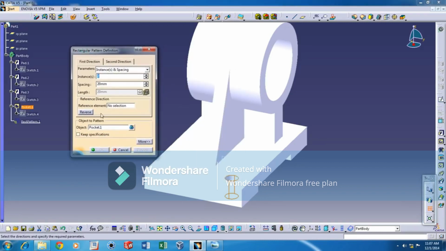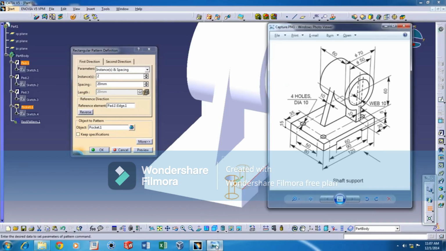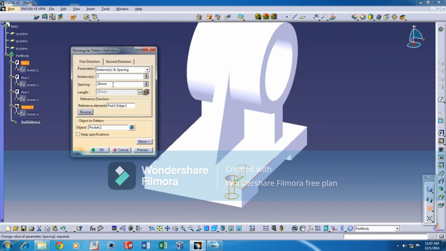Now for the reference element, you can select one of these edges here and reverse the direction, and the spacing is going to be around 90 millimeters. Click OK,